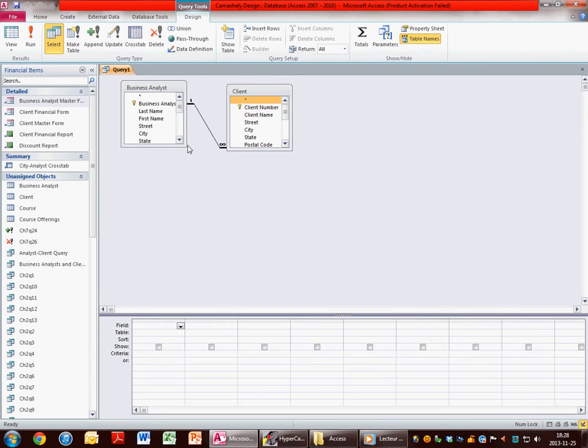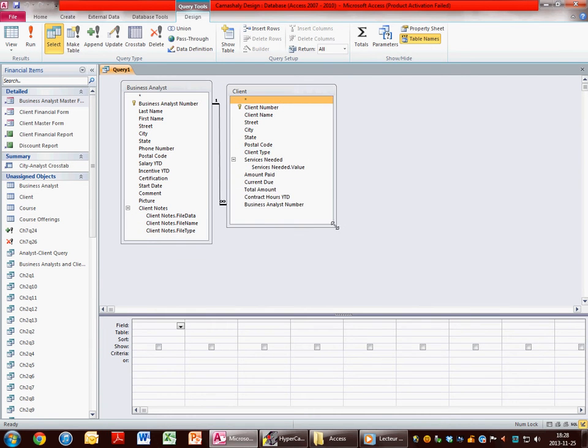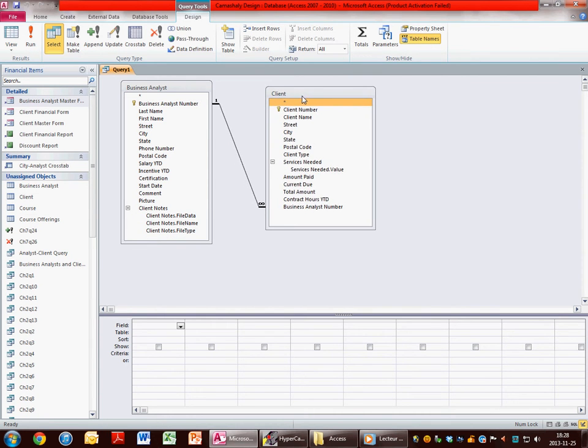Then you just resize the boxes because you want to see all the info that is in the table. Once you did that, you double click on the fields that you want to appear in your query. For this example, I will add the business analyst number, the last name, first name, and finally the city.